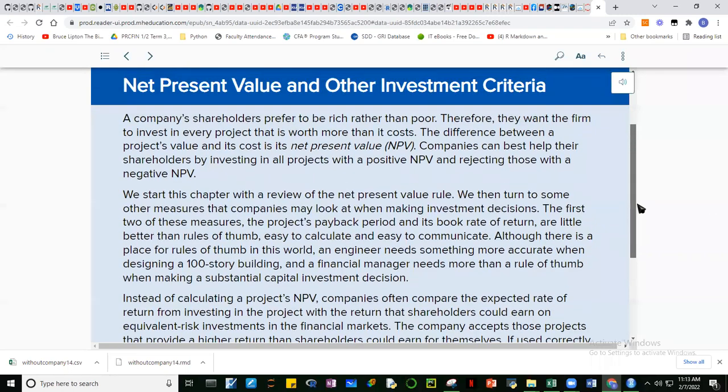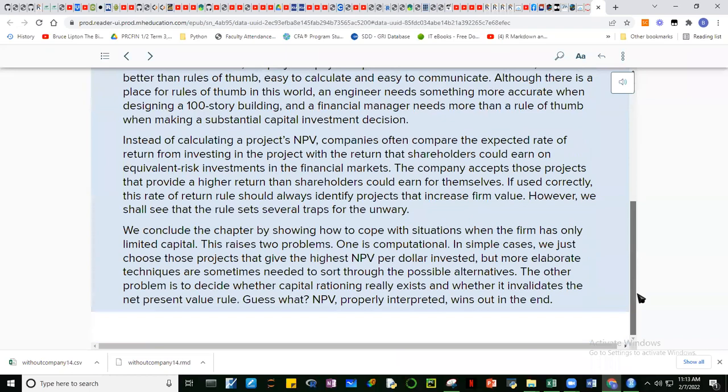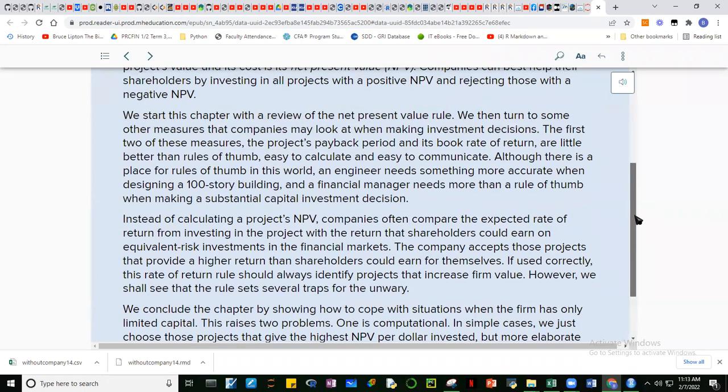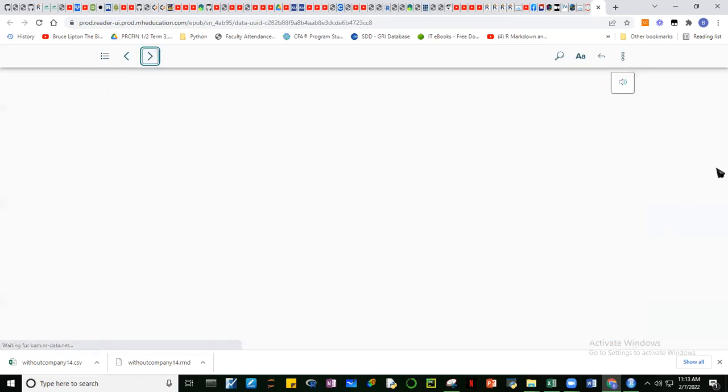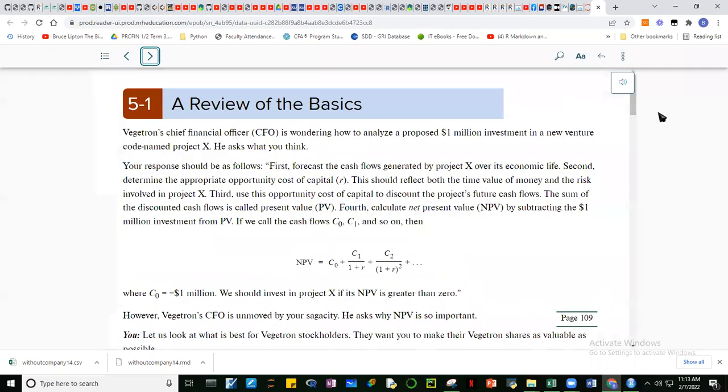Okay, so sabi natin na if the net present value is positive, then it's okay to push through with the project. Otherwise, if it's negative, then it's not okay to push through with the project. Okay, so how do you compute for the net present value, guys? So we're going to look at it later on. There are other measures like a payback period or IRR, which are used in determining whether a capital budgeting project,